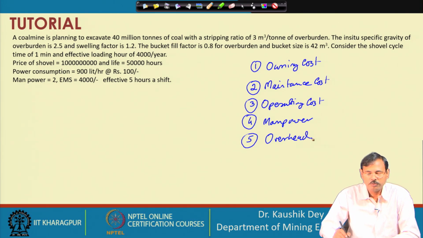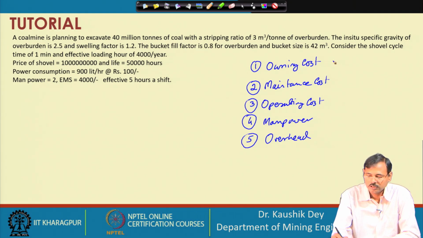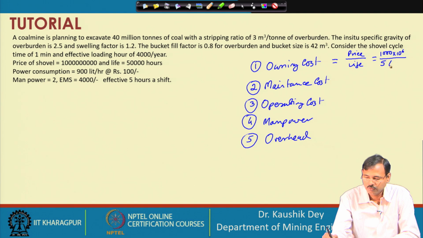Now, we have simplified a lot for solving this problem. We are not considering most of the other required components, like depreciation, interest, all these components are not considered here to make it simplified. So, let us consider the simple way of considering the owning cost. Owning cost is the price by life, we have considered here the simplest way. So, this is 1000 into 10 to the power 6 rupees divided by life is 5 into 10 to the power 3 hours. So, that means it is coming close to